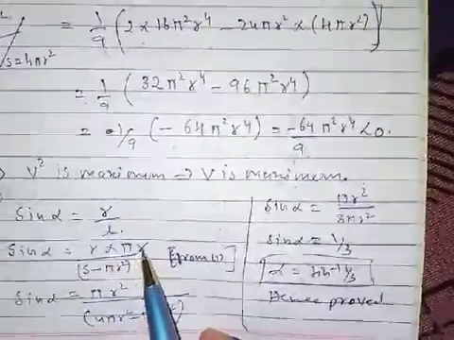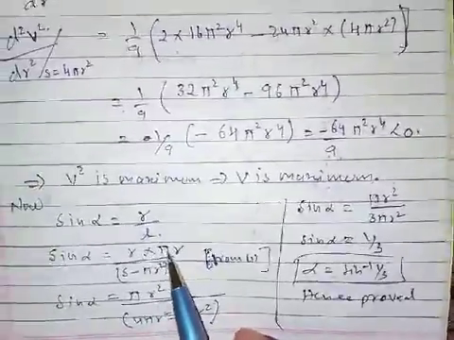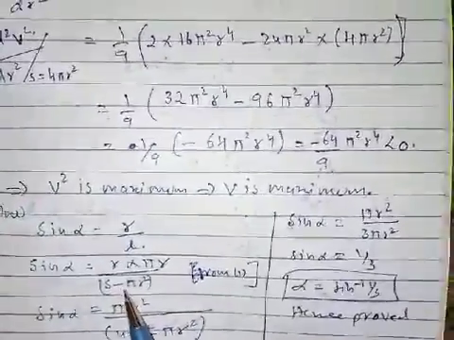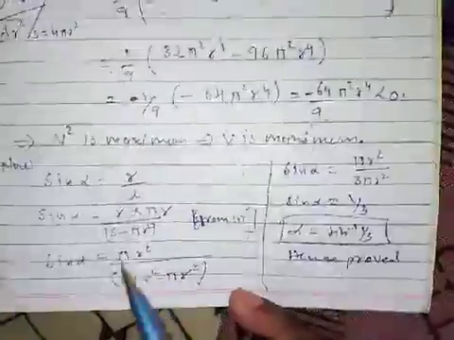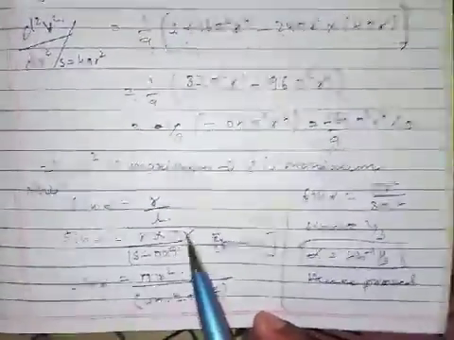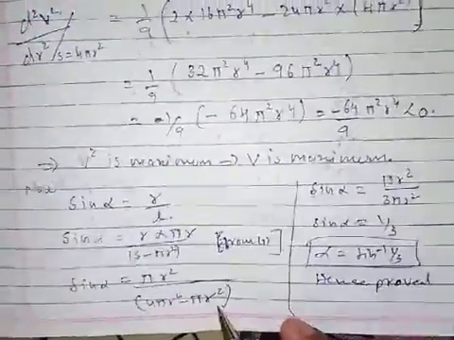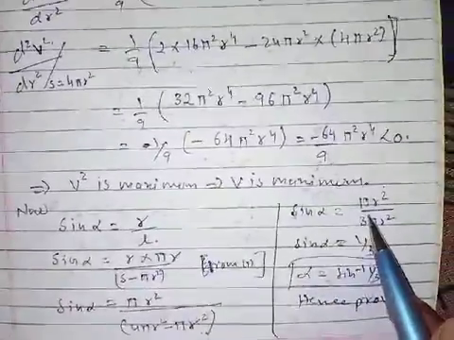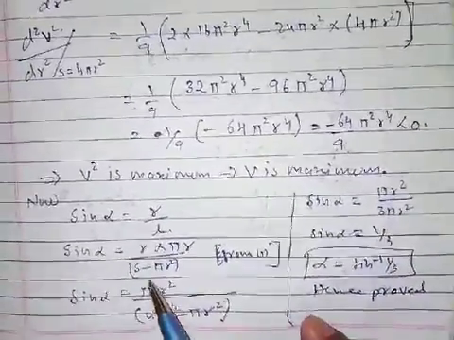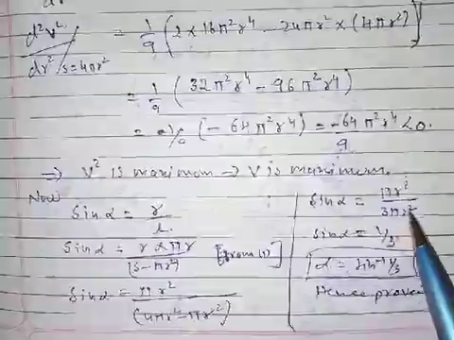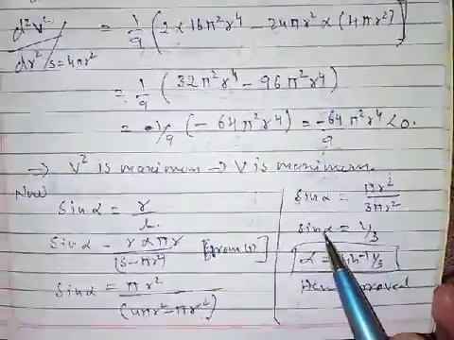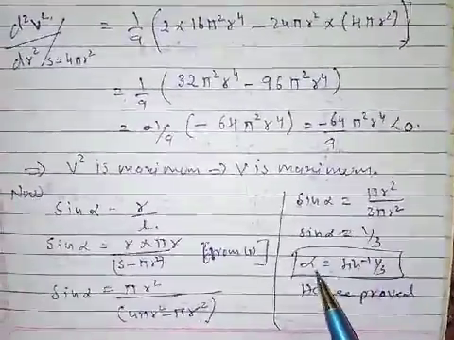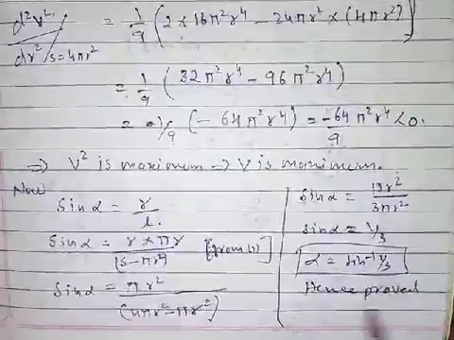R into pi R upon S minus pi R square. So sine alpha is there like this, multiply this, so pi R square upon this. So sine alpha like this. If you substitute the value of S here also 3, so pi R square, pi R cancel out, so sine alpha is equal to 1 by 3, so alpha is equal to sine inverse 1 by 3, hence proved.